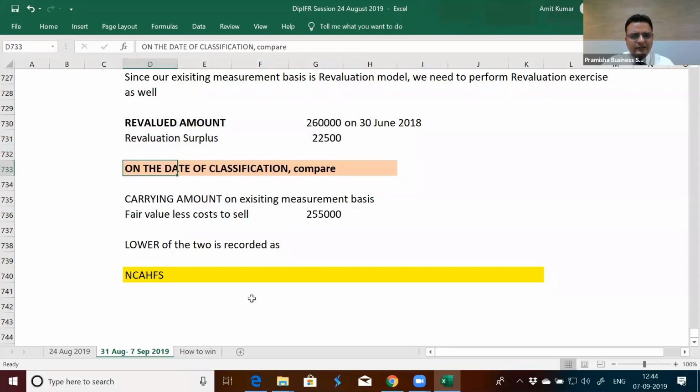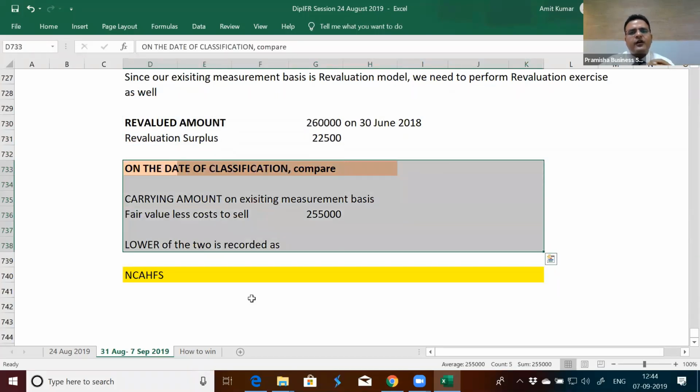Now on the date of classification, this is no man's land. This is not belonging to IAS 16 property, plant and equipment. This is not belonging to IFRS 5. This is no man's land. No rules are applicable here. So in this no man's land, the requirement is that